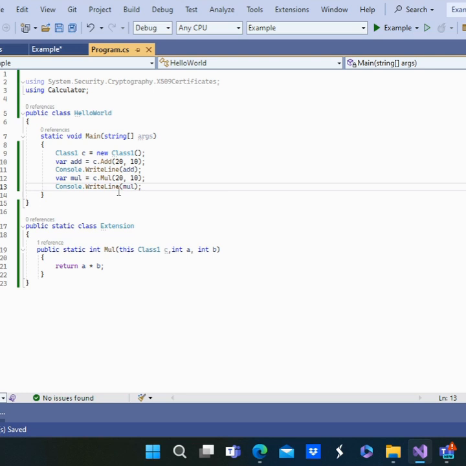Over here what I have done is, I have the existing class one. In that class one I have the add method, which is adding the two numbers. Now I don't want to modify my existing instance, like properties, and I want to add methods like multiply and subtract to the existing instance. So in this scenario I am going to use the extension method. Okay, now if I run this code,